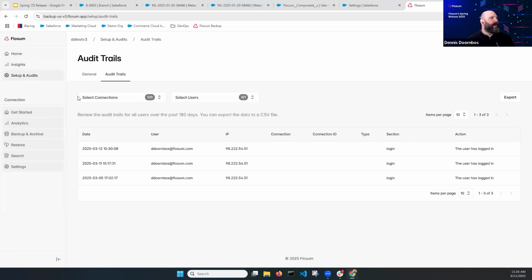So that's the Flosum backup and archive new UI updates. Just one quick